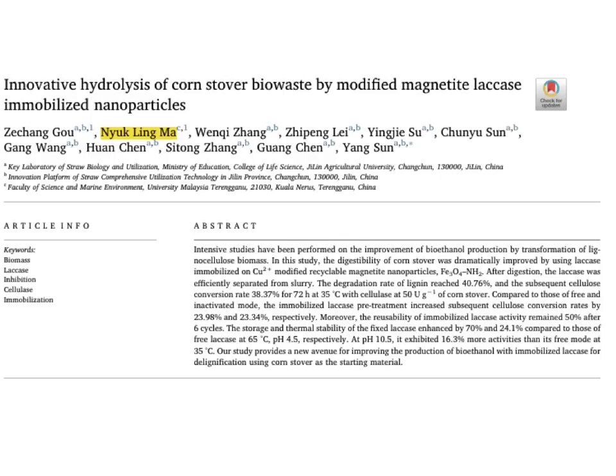In this paper we show that after we expose the corn stover biomass to the magnetic laccase-immobilized nanoparticle produced in our lab, we managed to digest the lignin by almost 40%, and due to the efficiency of the lignin digestion, we managed to convert about 23% more cellulose compared to the non-laccase digestion method. So this will improve the production of bioethanol